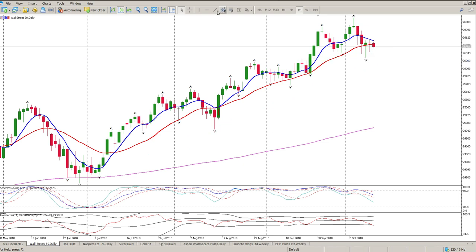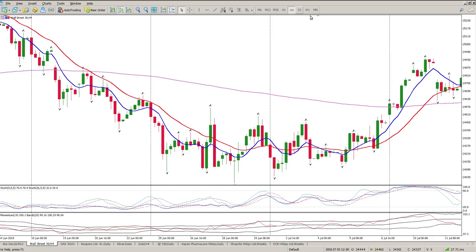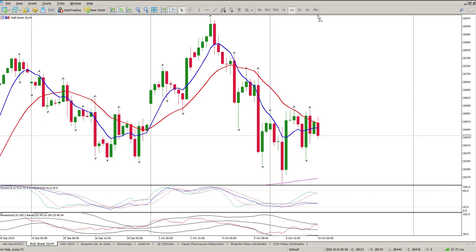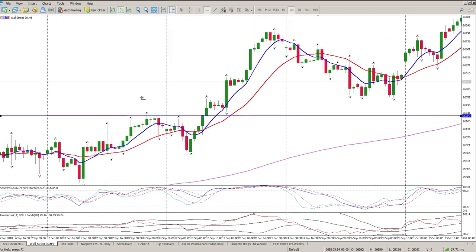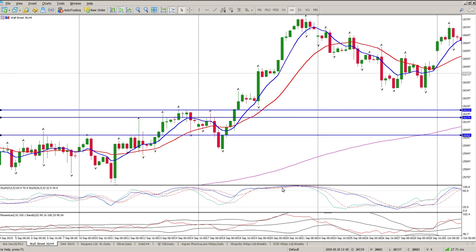Let's just get rid of all of this, and let's just do this on the 4-hour. There we go. So there we have a level, we have another one in this area here, and then we have another one further down there. So we have levels at